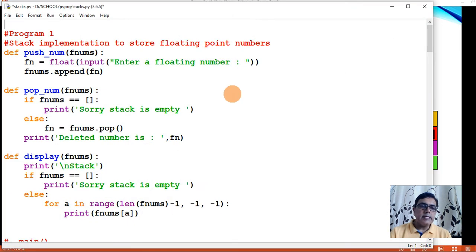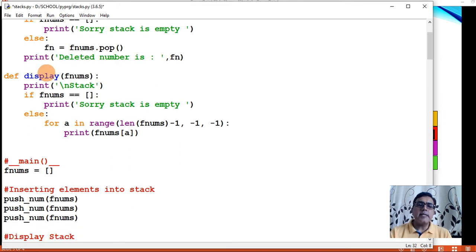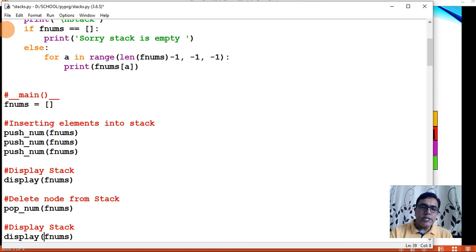So if you see here, I have written definitions for push, pop and display the stack. Now initially this is my stack. So stack is what? It is a list. So initially my stack is empty.